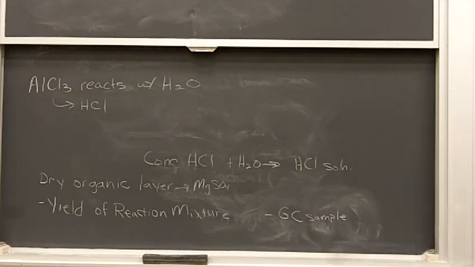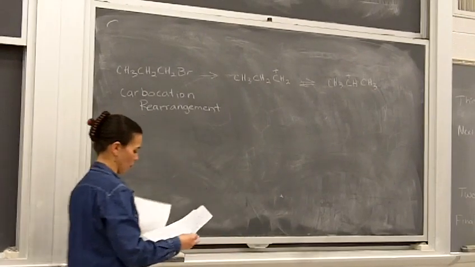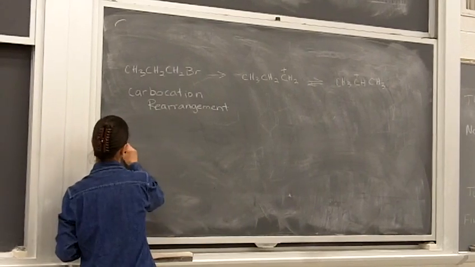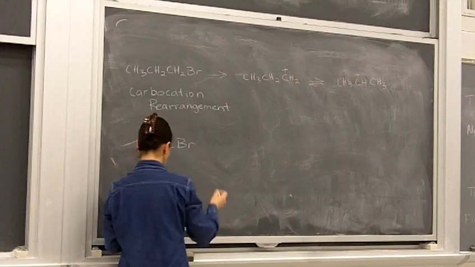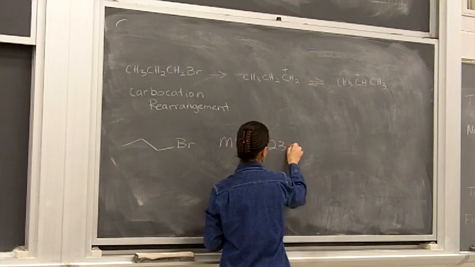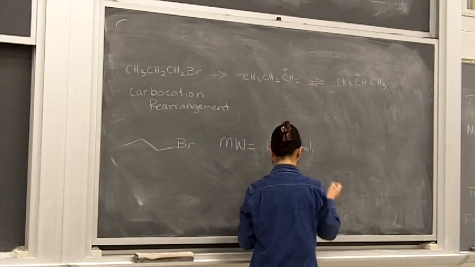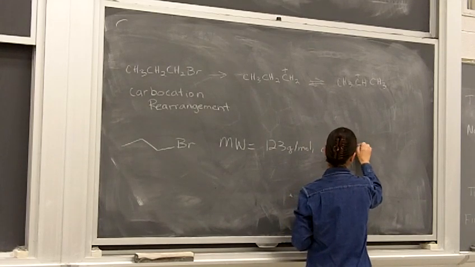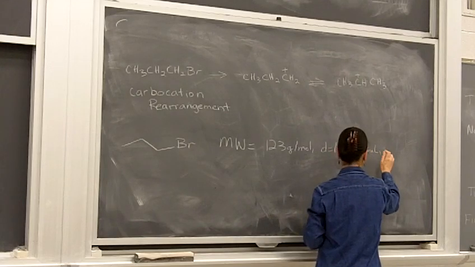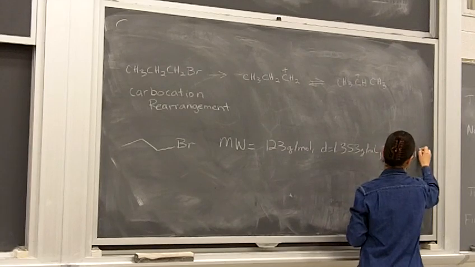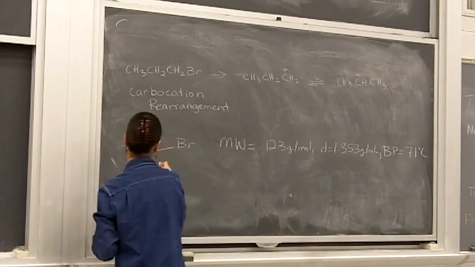One thing I'm going to give you guys, though, real quick, that's why I said hang on. I told you that you have to have the information for 1-bromopropane and 2-bromopropane in your Prelab. I'm going to give that to you right now, okay? So 1-bromopropane, its molecular weight is 123 grams per mole. Its density is 1.353 grams per milliliter. And its boiling point is 71 degrees. Okay? 2-bromopropane,